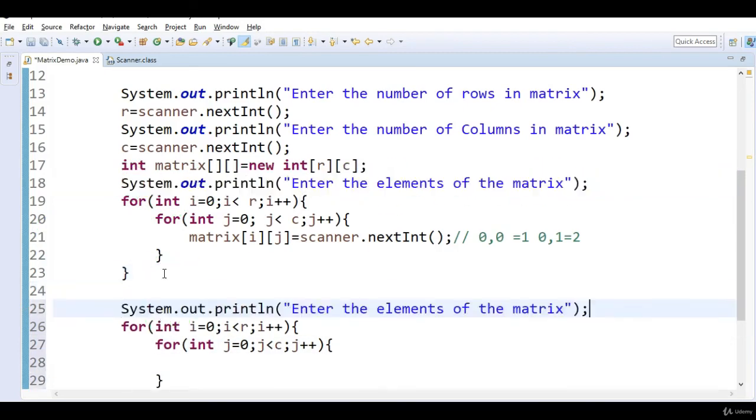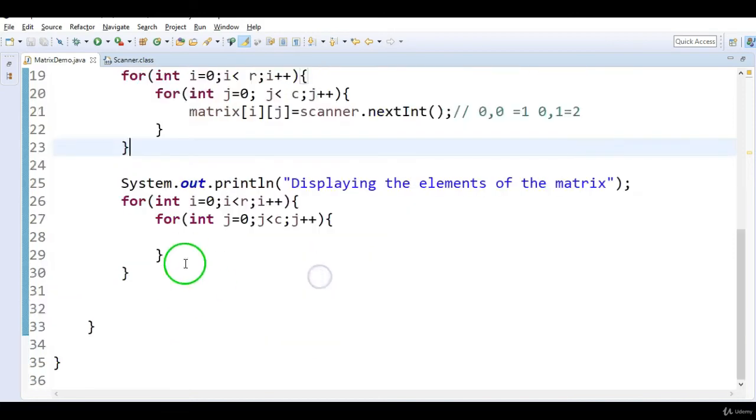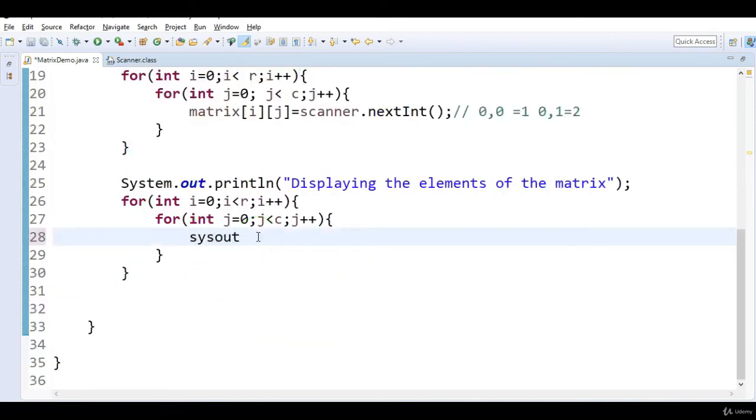Before this loop, I am saying displaying the elements in the matrix. Displaying the elements in the matrix. Then system.out.println, what are we trying to print? Matrix of i and j. I am just adding spaces.